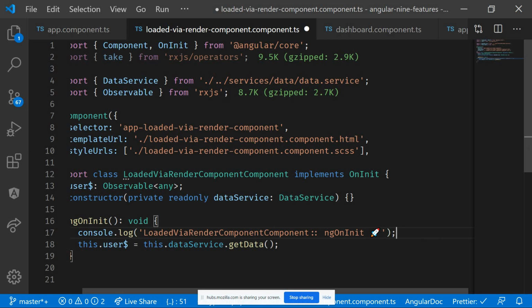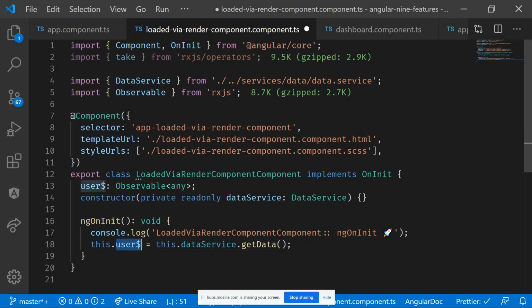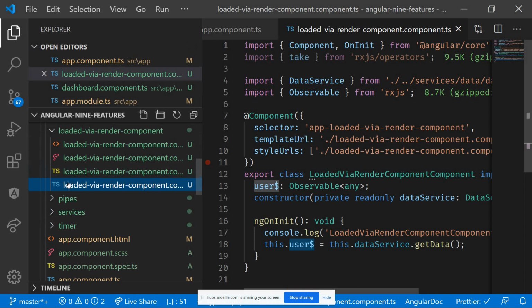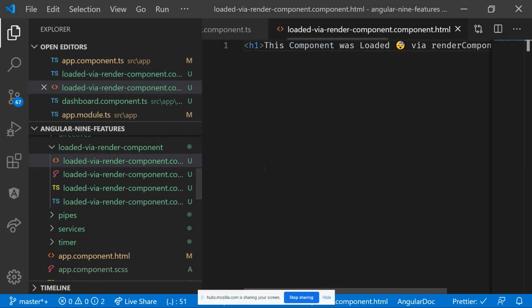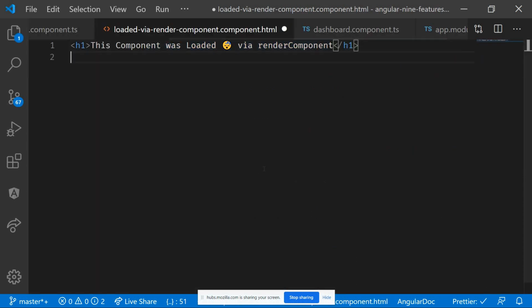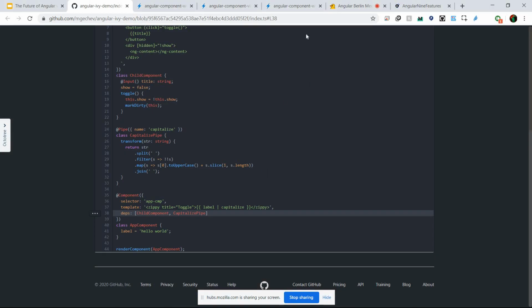What happens in this case? Well, what I would generally do is that now in the template, I would go and use the async pipe, right? So let's say that inside a pre tag, I use the async pipe with this user$ observable. So if I save this and go back to the application,